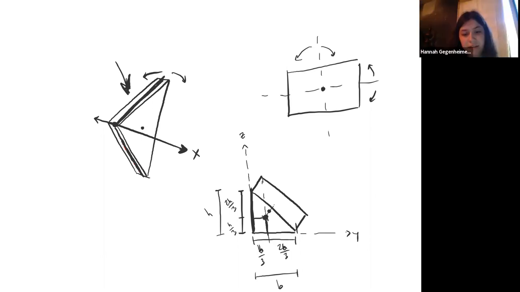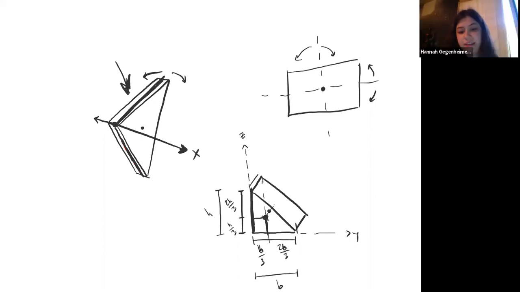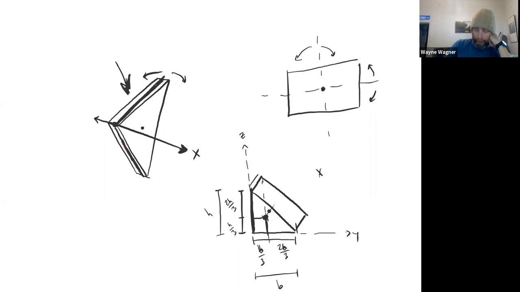Would you just be dividing that part by 2? Yeah, so we would divide this side by 2. Okay, so it'd be like h over 3 divided by 2 or something like that. Well, no, so the x coordinate would be, so I guess x comma y comma z would be, if this is the origin, right? So x is measured